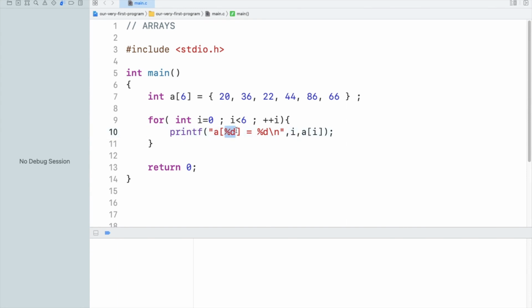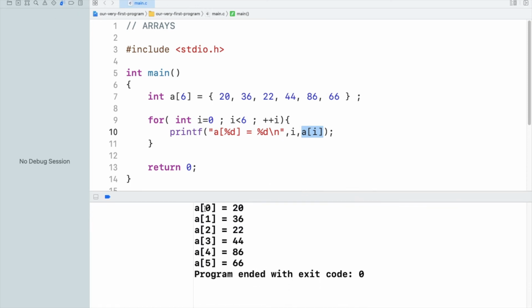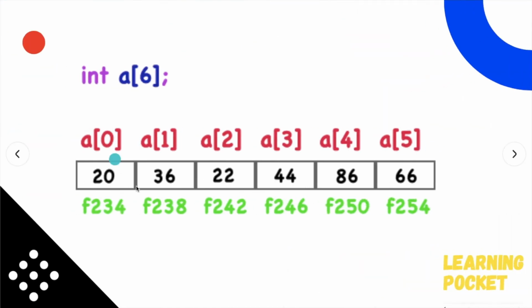So i will be printed in this place, and the value associated with that particular array element will be printed at this position. Let's run the program, and you can see we have received the output a0 is equals to 20, a1 is equals to 36, a2 is equals to 22, and so on up to a5. Now we know how you can access a particular element of an array.